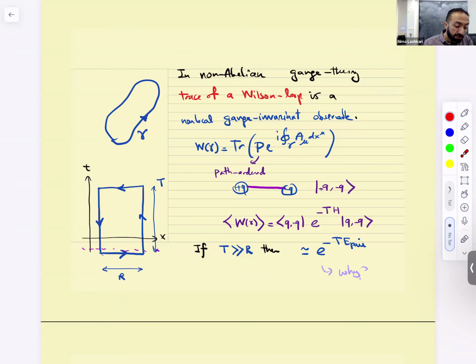All right, that's good. So here's an observable, and here's its interpretation in this regime. Confinement was all about the energy of the pair. Right? So this language translates this to,